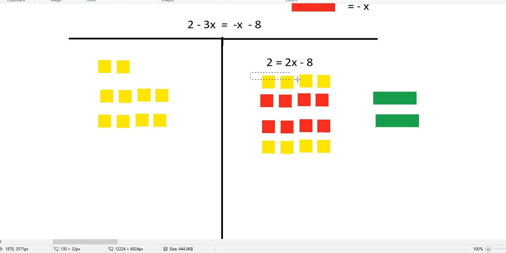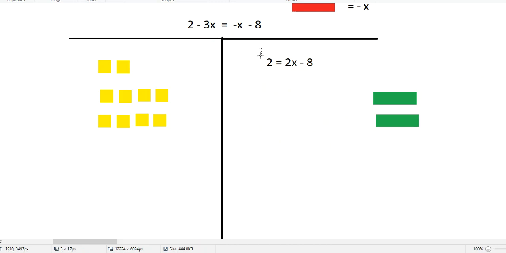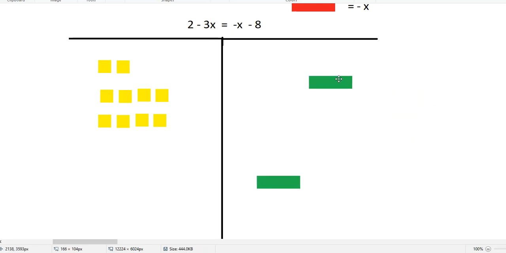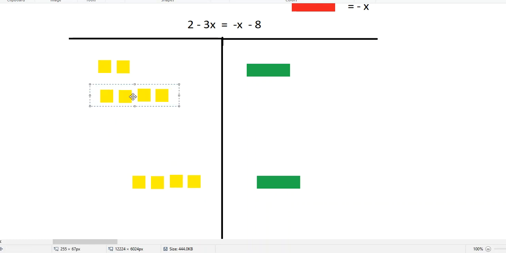All right, we can take a look at this. We can see that those go away. Okay, and this no longer describes the situation we have, so I'm going to get rid of that. And this is now 2x equals 10. So how do I get what one of these is? I'm going to separate these out, and I want to make sure that each of those green blocks gets its fair share